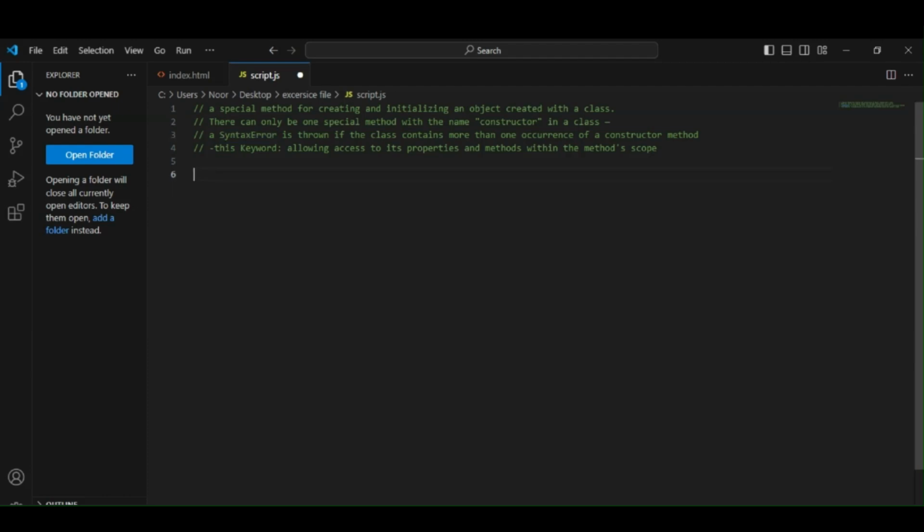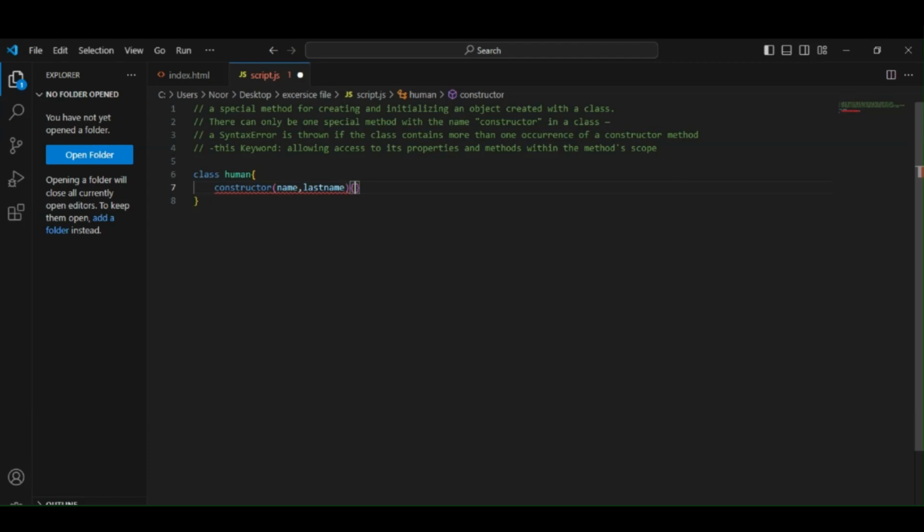So for this, what we are going to do first, let's create a class. Name your class, and that's it. This is the empty class that we have created. We have nothing inside this class. So now first we are going to create a constructor, and after that I'm going to pass the parameters. The parameters are going to be name, comma, and last